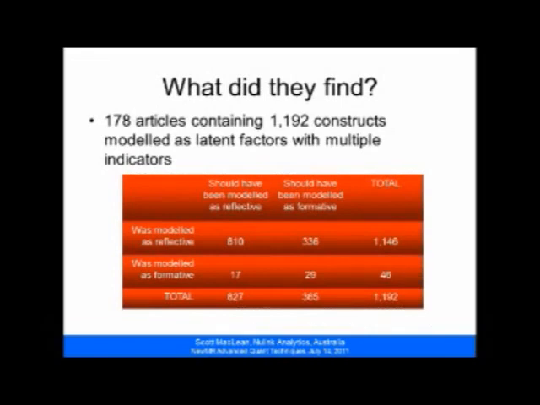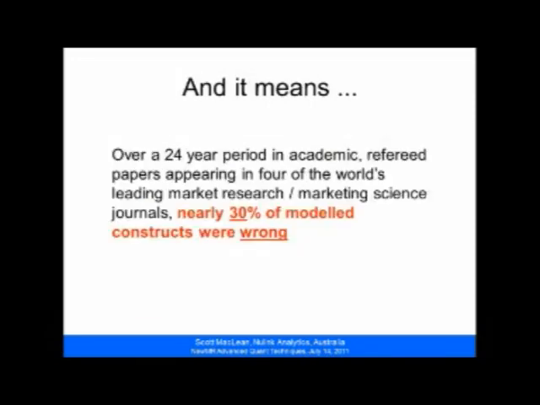And what they found, I still can't believe that they did this, but they looked through 178 articles containing 1,192 constructs and decided that a significant proportion of them should have been modelled as formative when they were modelled as reflective. So the outcome of their analysis of that 24-year period was that nearly 30%, nearly 1/3 of model constructs were